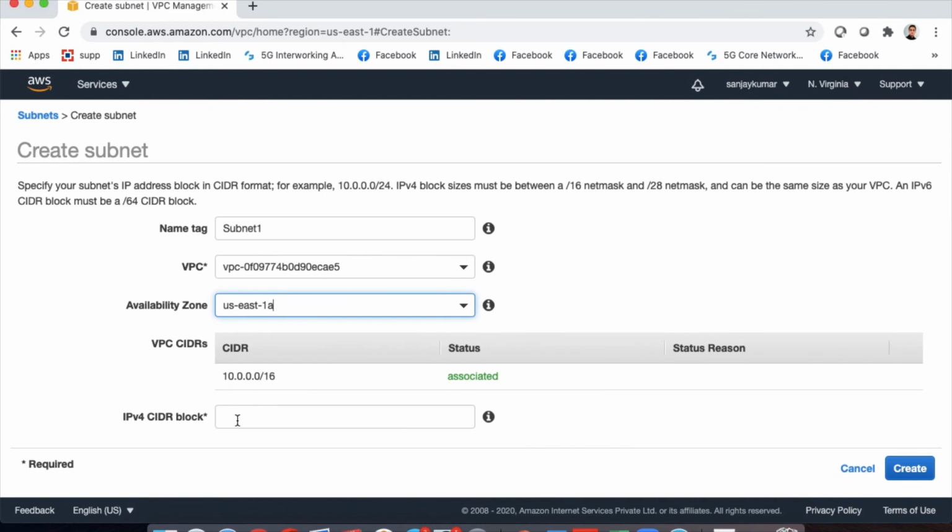For the CIDR block, I will go with 10.0.1.0/24. So the subnet mask I have chosen is /24, starting with 10.0.1.0. I have created subnet 1 with the new VPC and the availability zone I have chosen, and I will go ahead and create it.